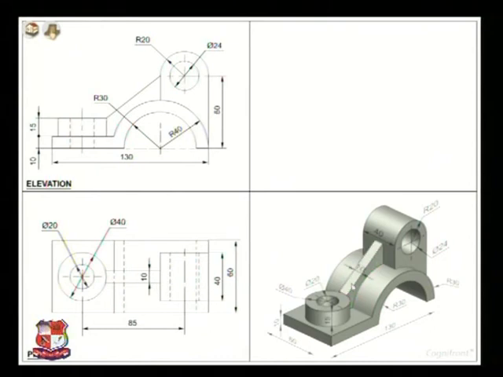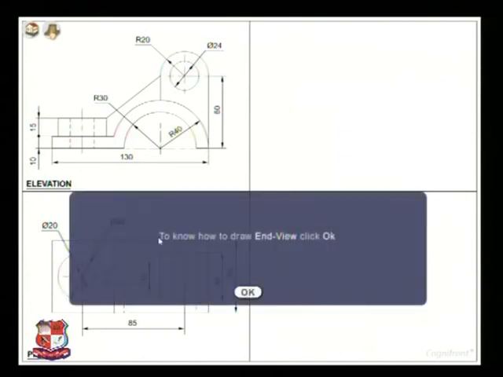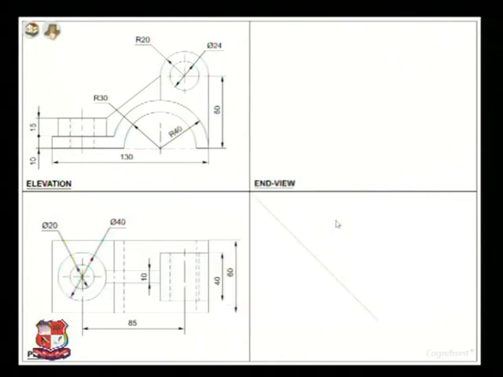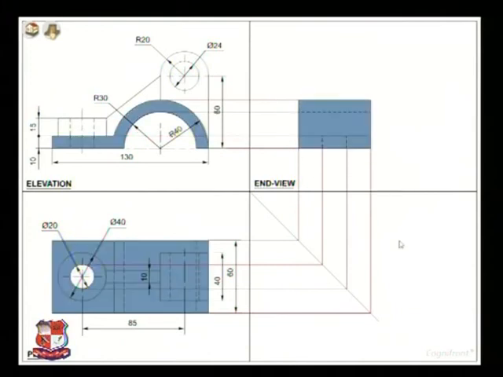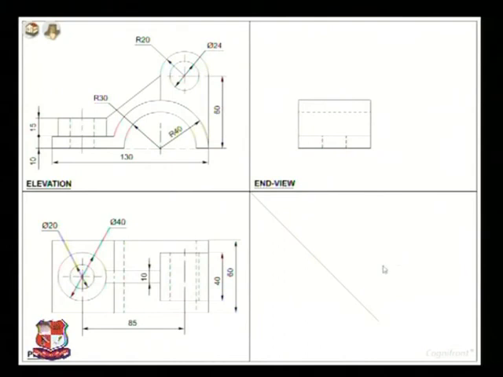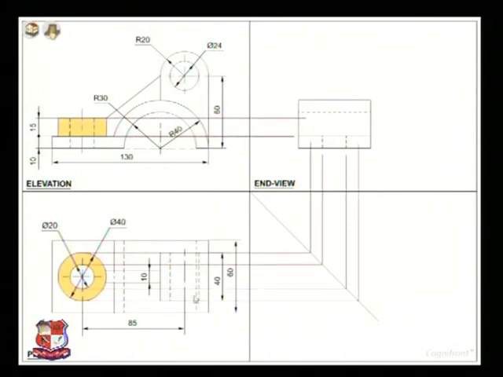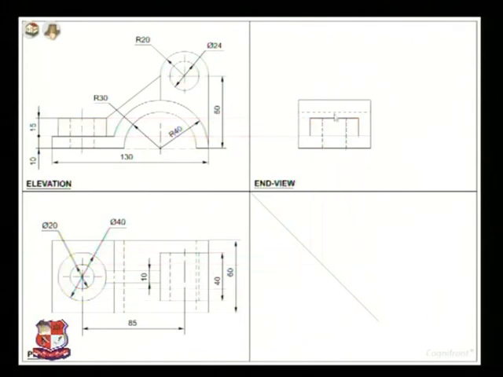You can see here. So this is the isometric view of the object. Now how to draw its end view, this third view. In examination, you need not draw the isometric view, but you have to draw directly this missing view. So for that you take projections like this, from this end to this end, like this. By taking projections, we can identify these points.